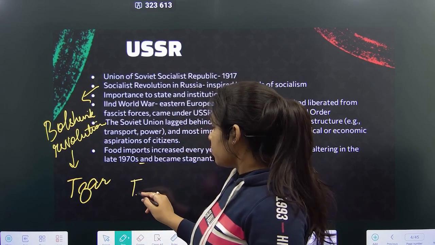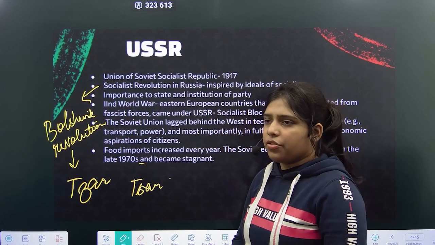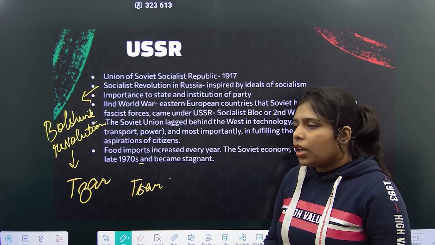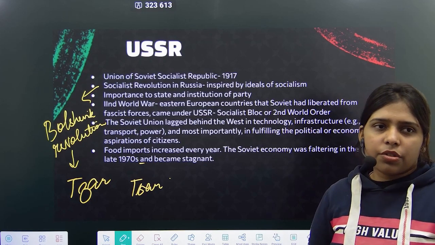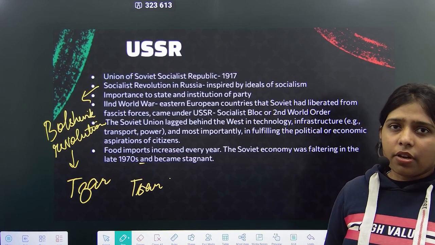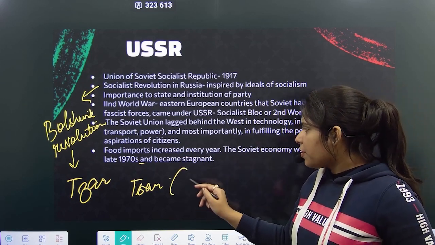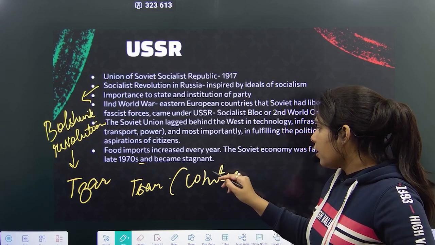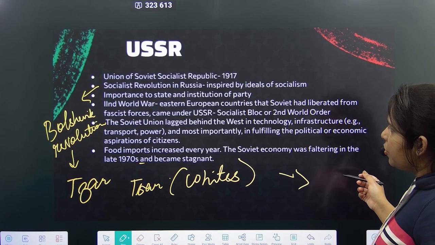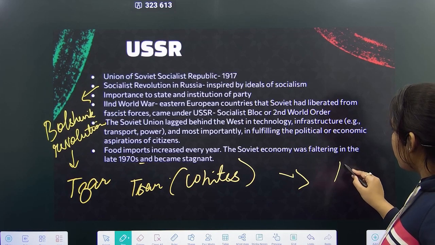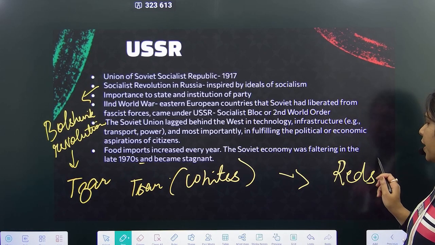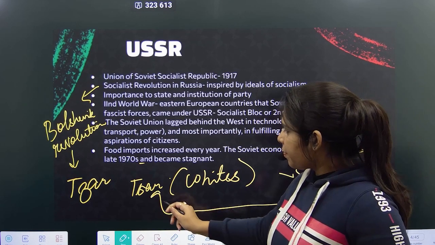Okay, the Tsar from his position. So this is why the revolution happened, and the ideology was to establish a communist regime and remove the Tsar from his position. That was the ideology. And the supporters of the Tsar were the Whites, whereas the ones trying to establish the communist regime were called the Reds. Okay, now what happened? These were fighting against him. Okay,